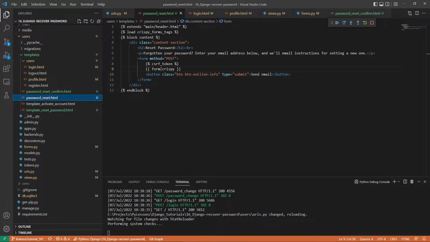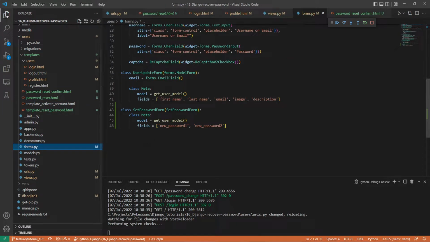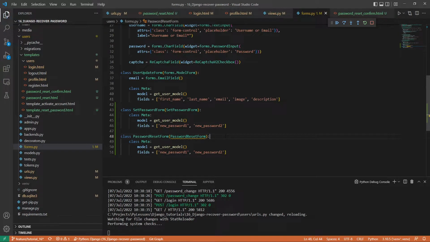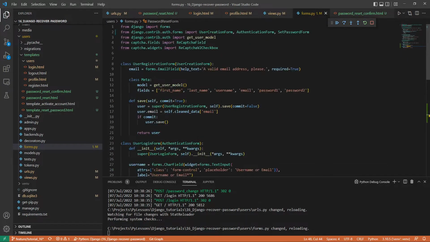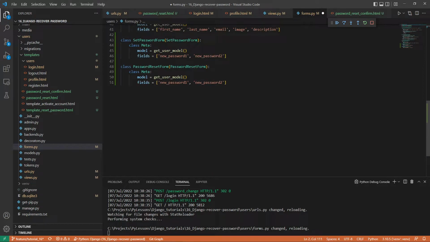But we don't have a form for this template. So on the next step we'll do this. As you can see, that's pretty simple. So next we go to my forms, the same as before I did for set password form, and I copy this one, and here I'll create a password reset form. And this is also from the built-in Django stuff. So I copy this, I go to top, I import this from forms, password reset form, and here it will